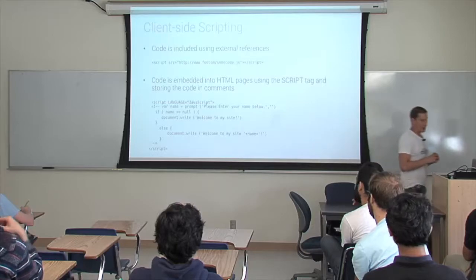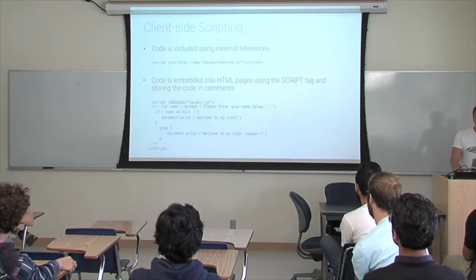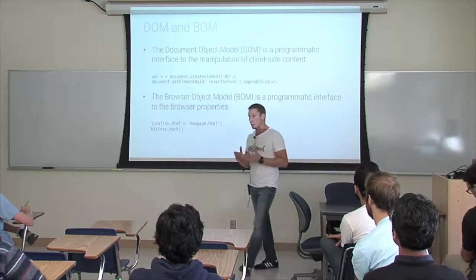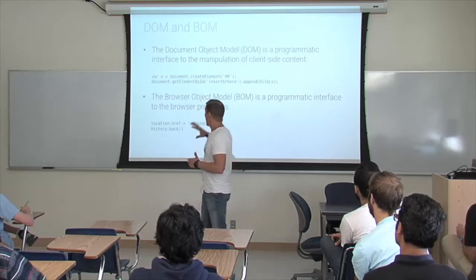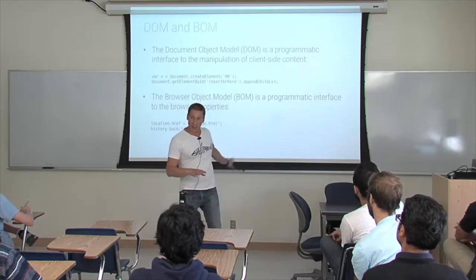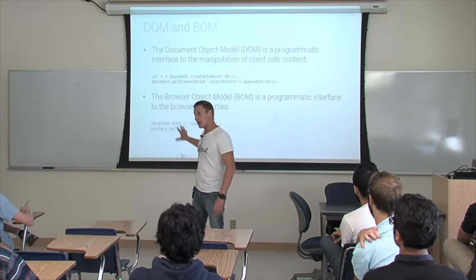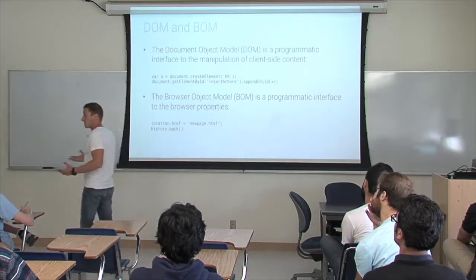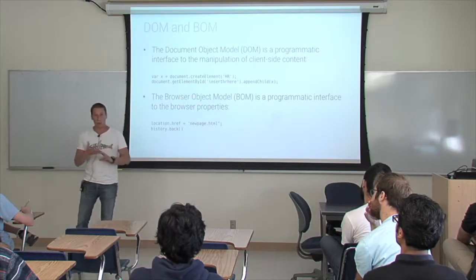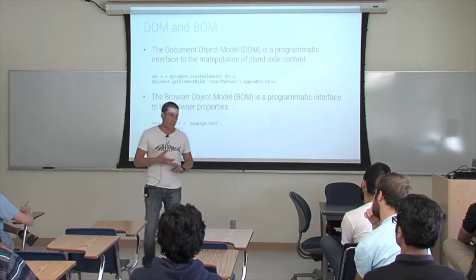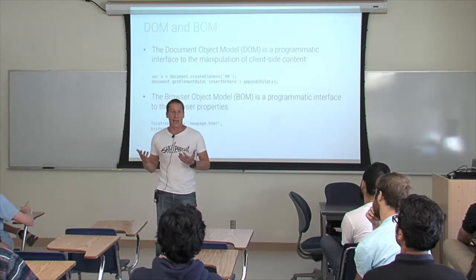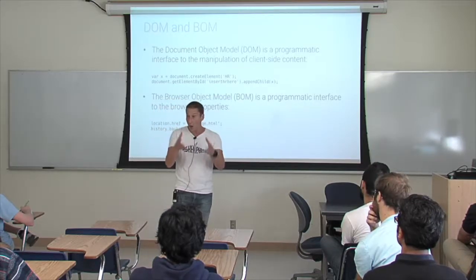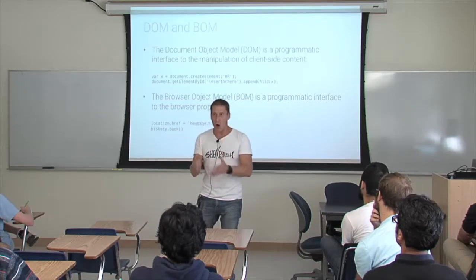So JavaScript was very cool, but what was super cool was the document object model and the browser object model. As you will see, JavaScript plus the DOM and the BOM plus XML RPC is what actually created the applications that we use today, like Google Docs, Google Sheets, Facebook, all these interactive applications that actually implement the model that the people that came up with Java applets wanted in the first place. It's just that it was the wrong technology.